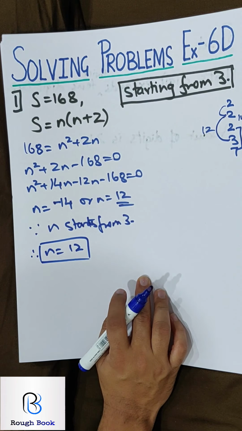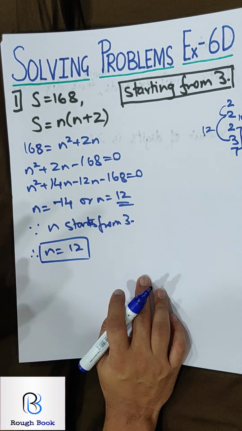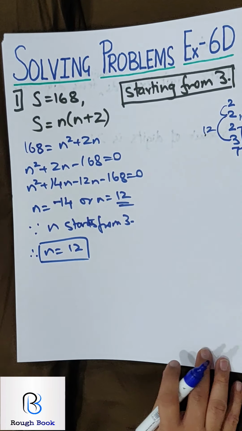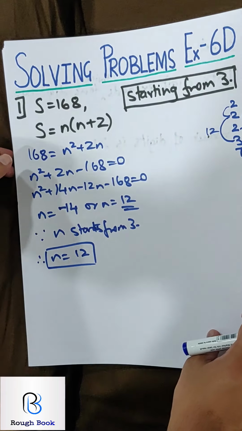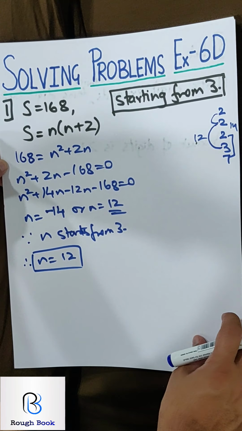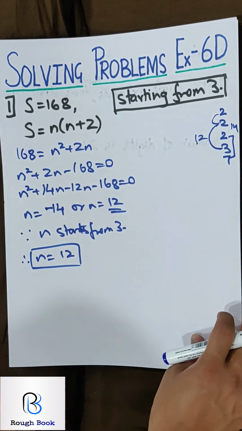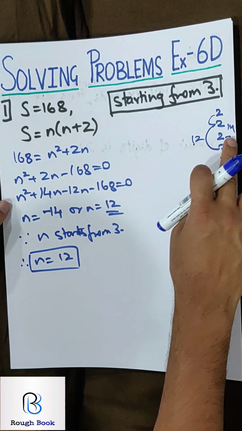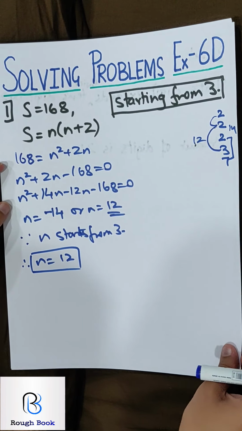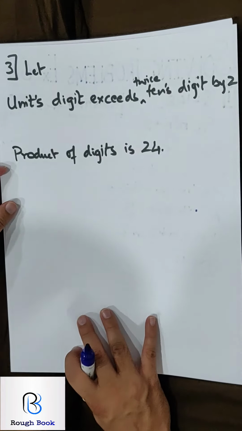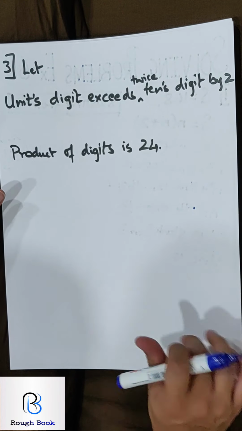So your question says find the sum of n natural numbers. The sum of so and so is this. Determine n if whatever. So you determined n and that's it. You have also written the statement of elimination. So nothing else is required apart from this. That's more than enough. Are you clear with this? Did you understand this part, 12 and 14? Yeah. Let's go to the next one. Very simple this one. Even the second one is simple. You can try on your own. Let's go to the third one.